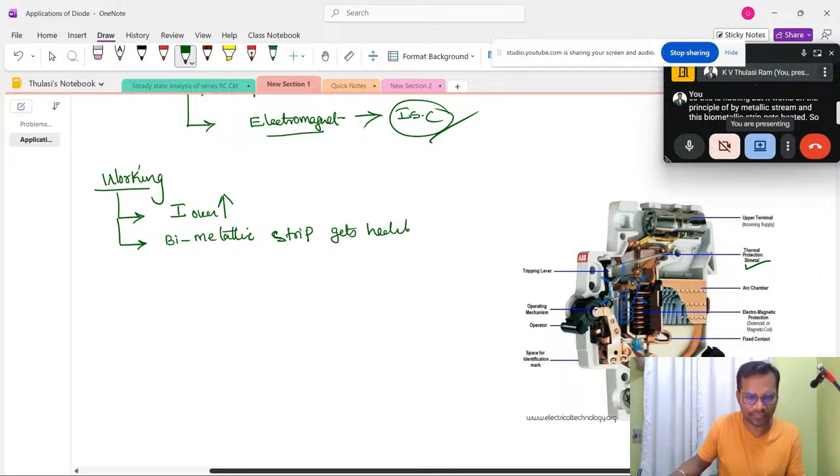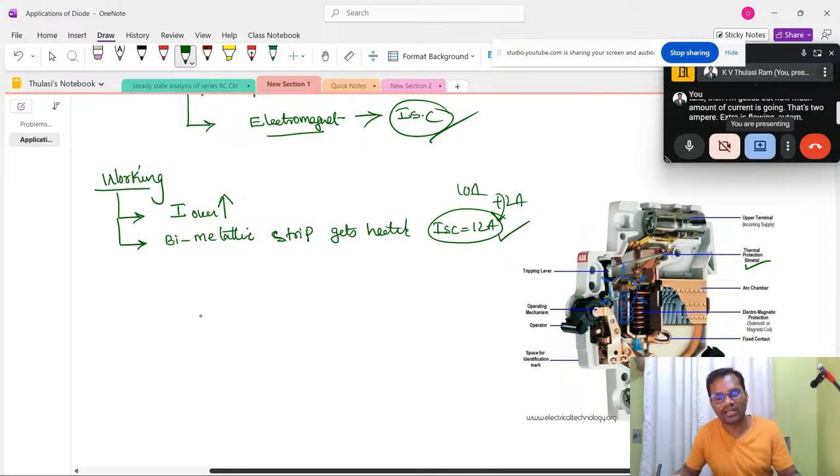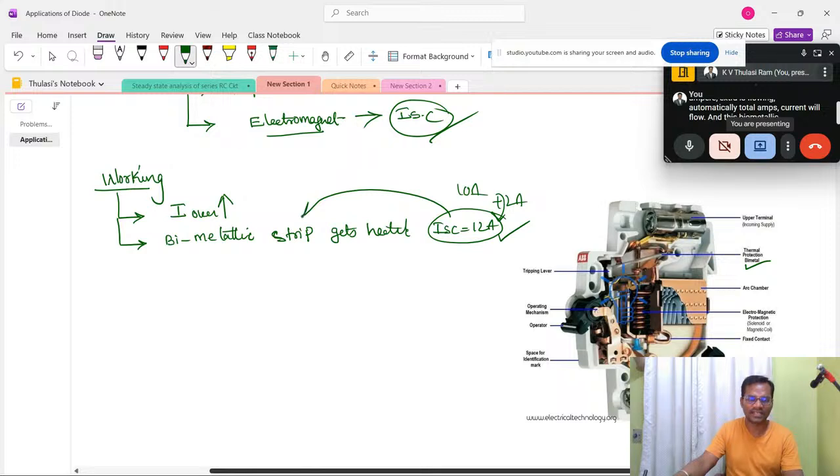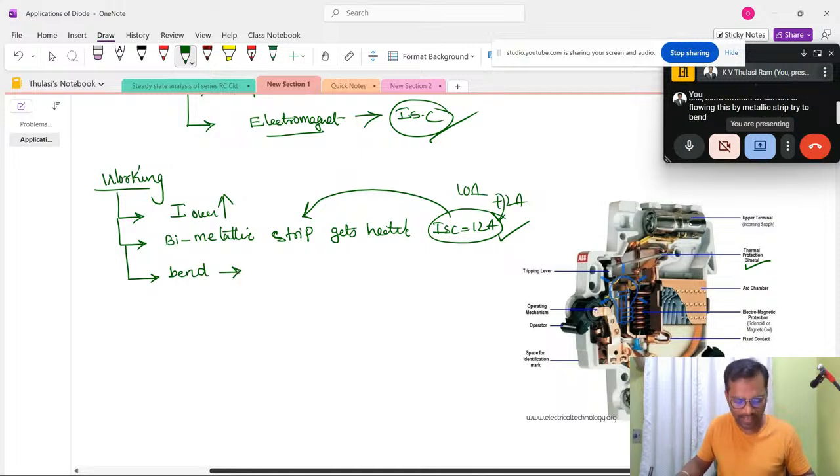When more than the rated current flows, let's take 10 amperes, but plus 2 amperes extra is flowing, so 12 amperes of current will flow, and this bimetallic strip will get heated up and try to bend. As soon as the extra current is flowing, this bimetallic strip bends, and it releases